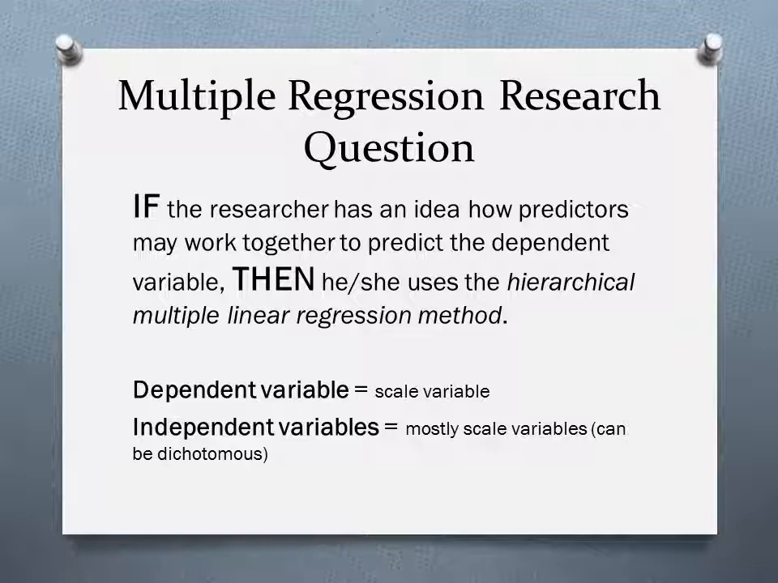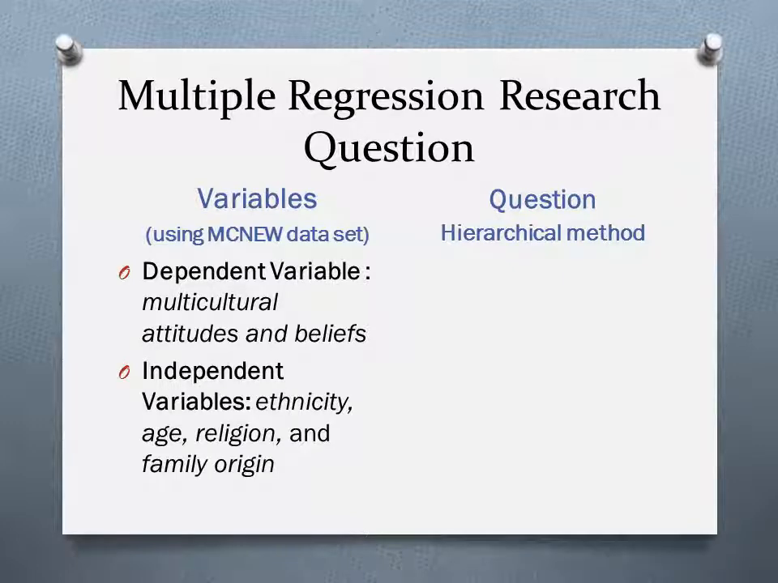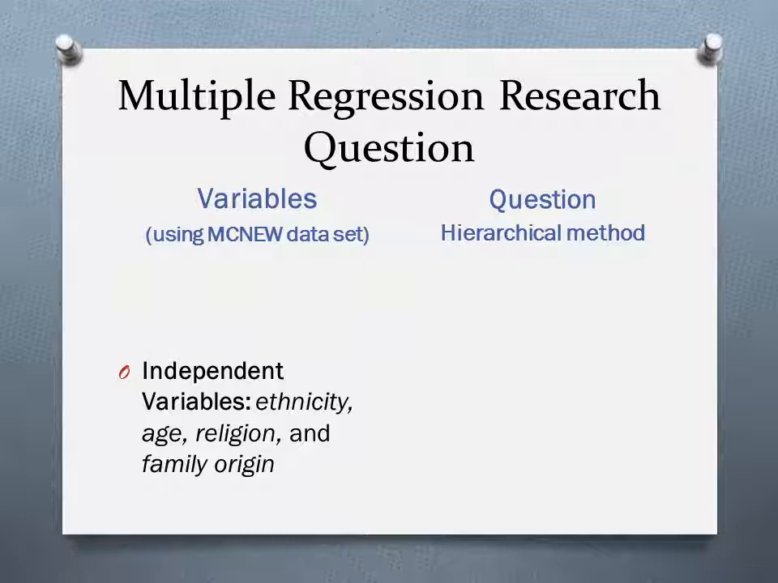Now, if the researcher has an idea how predictors may work together to predict the dependent variable, then he or she uses the hierarchical multiple linear regression method. In this method, the dependent variable should be scale, and the independent variables should be mostly scale, but they can be dichotomous. The variables here are dependent variable, multicultural attitudes and beliefs; independent variables, ethnicity, age, religion, and family origin,